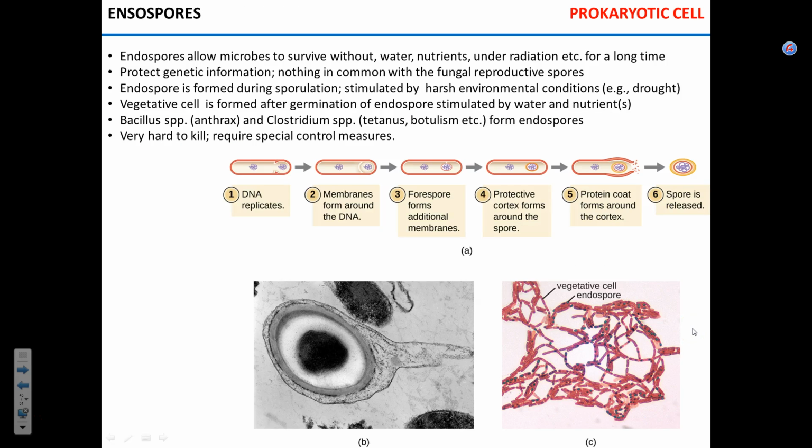Endospores. So what are they? They have nothing to do with the fungal spores reproduction that you can see when you kick the mushroom and spores just fly out as a cloud. Endospores are special structures in the bacterial